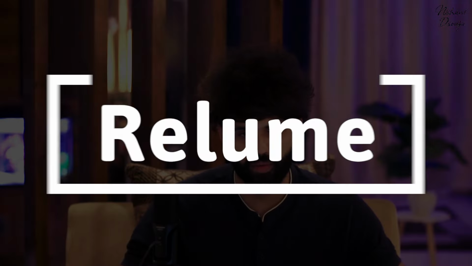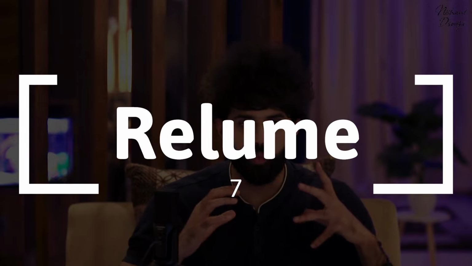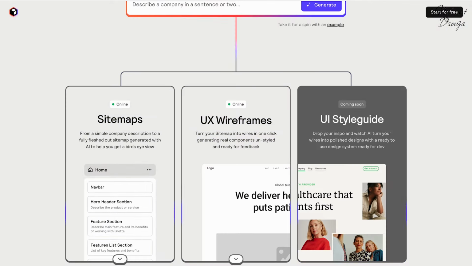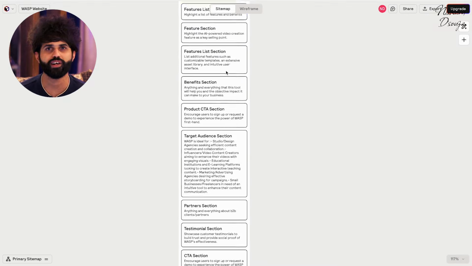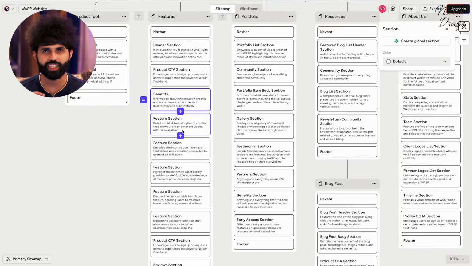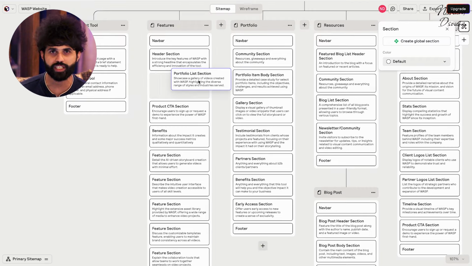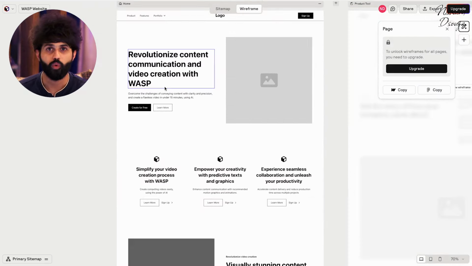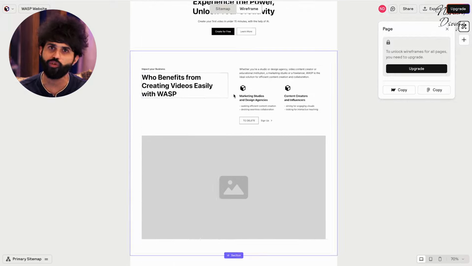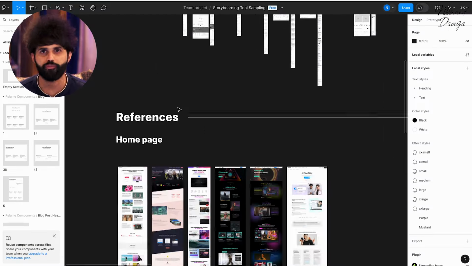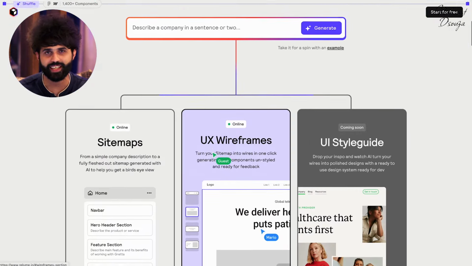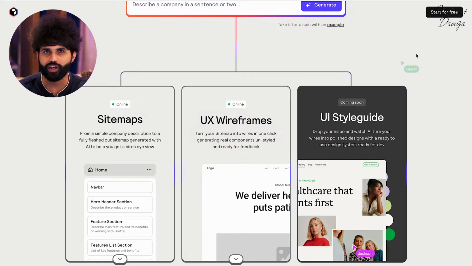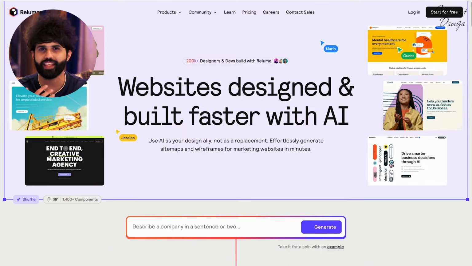The next is Reloom. So basically with Reloom, you can create wireframes for yourself for any website in seconds. It's pretty nuts. Just give it a very simple prompt like you can see over here, and then boom, the sitemap is created howsoever you want. And then you can make some tweaks, you can make some changes, just move some sections up and down across the different pages, and then you can get the wireframes out. What more, you can also connect these to Figma or even Framer directly or Webflow directly and take things forward. This has helped me set up quite a few landing pages in the past actually. At least with respect to a content perspective, with respect to some general layouts, and then building from there.